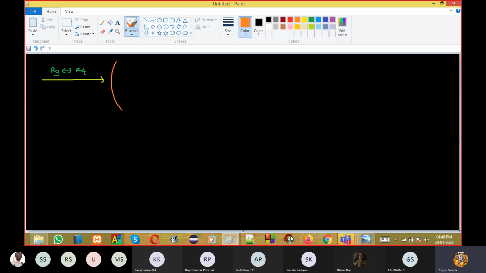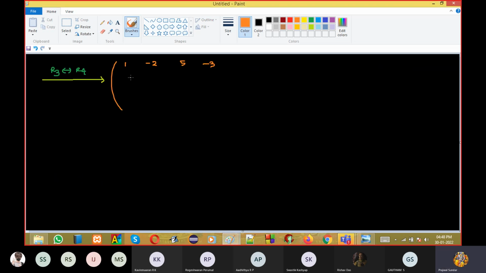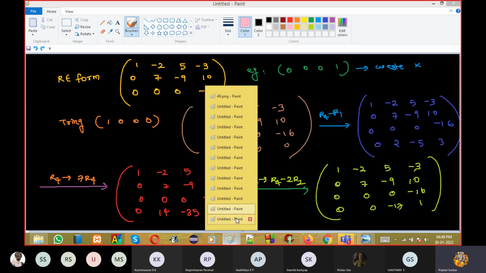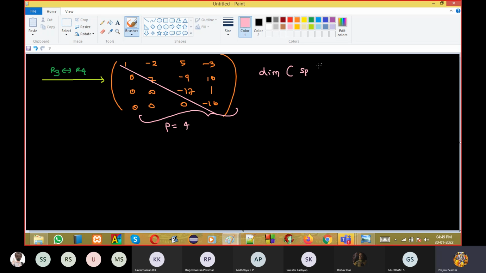What will I get? 1, minus 2, 5, minus 3; 0, 7, minus 9, 10; 0, 0, minus 17, 1; and here I'll get 0, 0, 0, minus 16. This is row echelon format. Meaning, what is the rank of this? 4. So I can say the dimension of the new span is 4. Meaning, it is confirmed